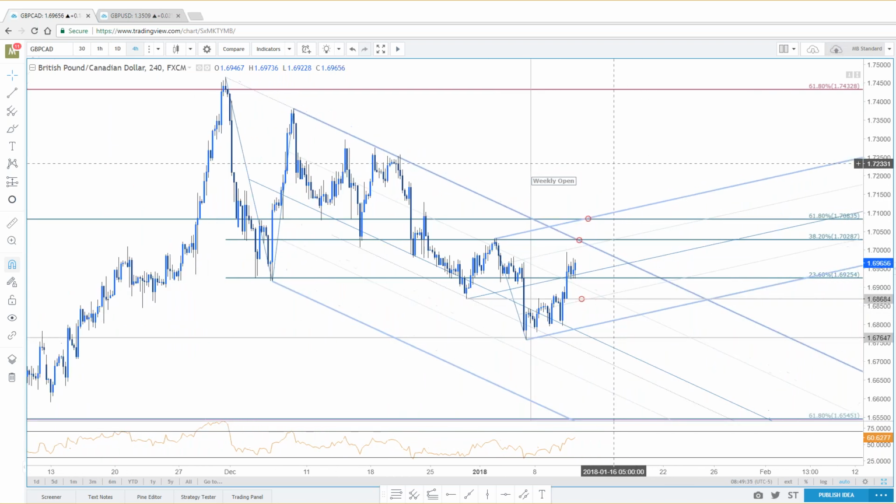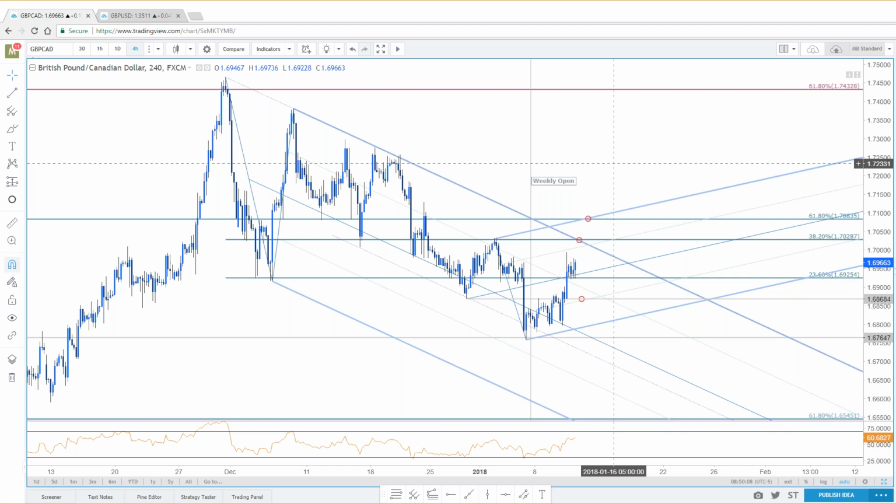Tread lightly. The reason I've been focused on all these crosses this week is just because there's more juice than the dollar. The ATRs are wider. The dollar crosses are kind of tightly ranged, tightly wound up. Data for the U.S. doesn't come until later this week, so the crosses have kind of been where all the action's at. So pound CAD, 70.28 and 70.83 are both levels of interest for resistance, i.e. near-term exhaustion on the upside.